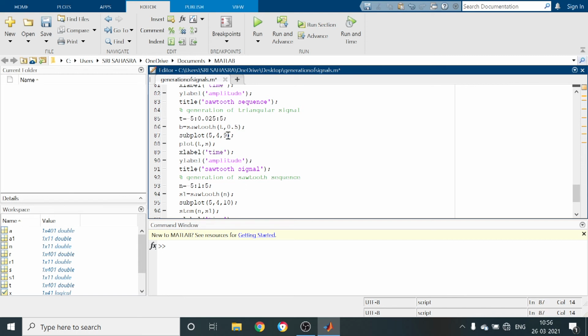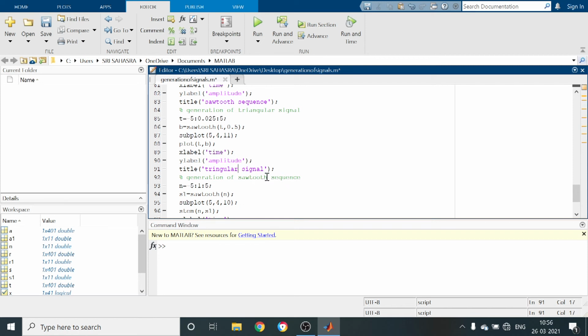So again we have to use the subplot command. This is the 11th position. We have to get plot t comma b, x label time, y label amplitude. What type of signal is this? Triangular signal by using the sawtooth command.